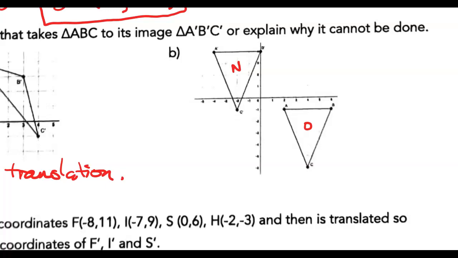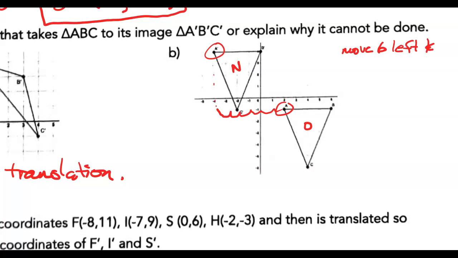So let's see what we did here. We moved to the left, so let's look at just A and A prime. We've moved 1, 2, 3, 4, 5, 6 to the left. So move 6 left,